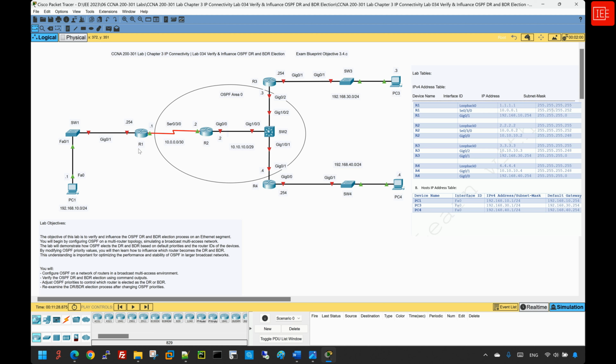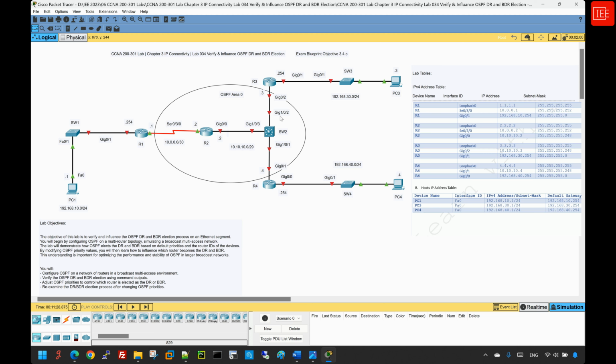So with that being said, let's move into the lab topology, and as you can see on the screen, we have 4 routers that will be used to connect multiple networks. If we look at the left hand side of the topology, we can see router 1 is connected to a couple of devices, router 2 and switch 1. Switch 1 is connected to PC 1, and that network segment is going to be part of the 192.168.10.0/24. And the network segment between router 1 and router 2 will be 10.0.0.0/30 via serial 0/3/0. And router 2, router 4, and router 3, all of these routers are part of the